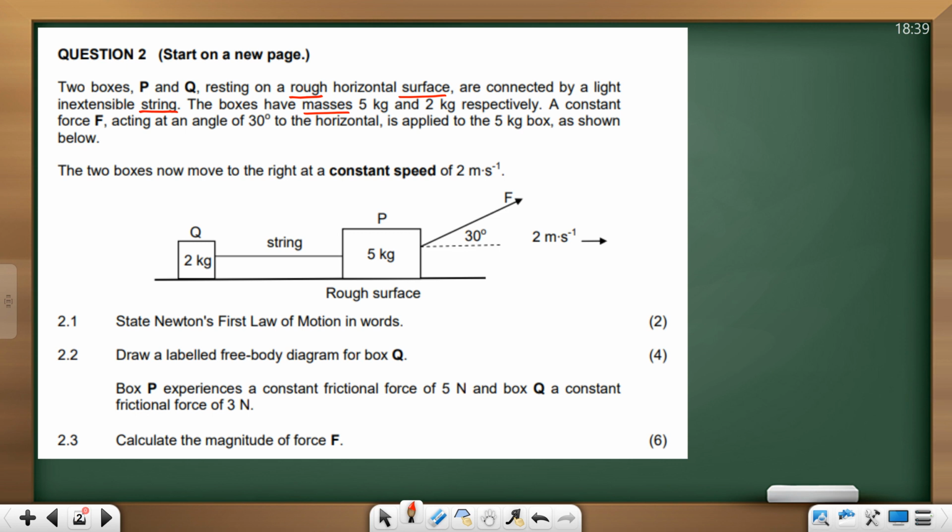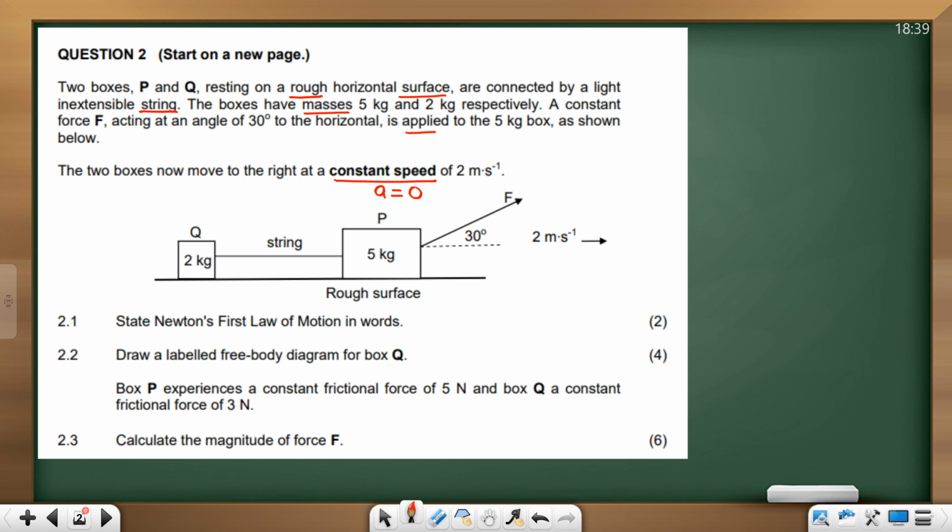A constant force F acting at an angle of 30 to the horizontal is applied. That gives me applied force. But the applied force is only on the 5 kg as shown in the diagram below. The two boxes now move to the right at a constant speed. Guys, when the object moves at constant speed, what do we know? Acceleration equals to what? 0. All right. Now, state Newton's first law